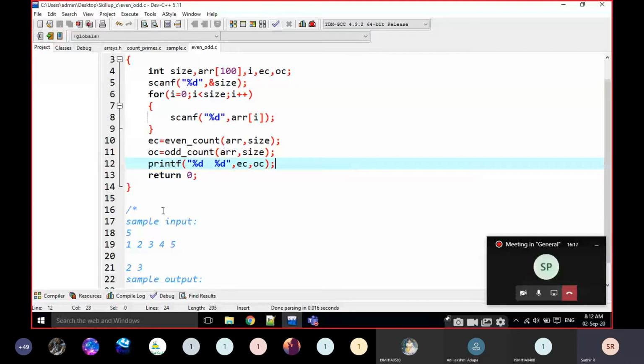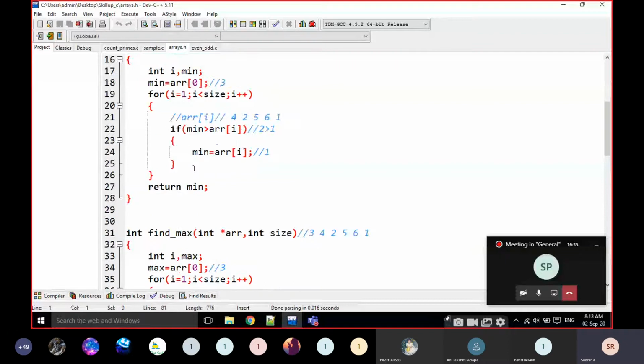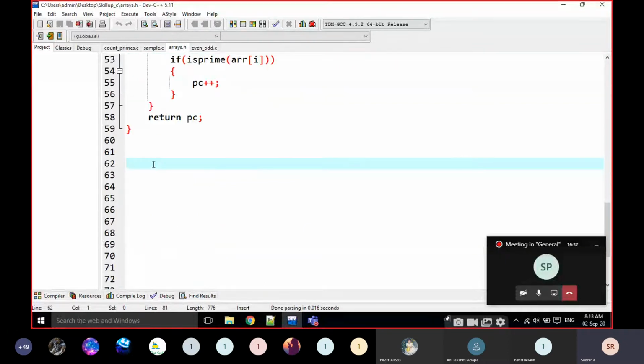Okay, I am going to develop two functions, even count and odd count. Both are different functions. Each function is going to return a single value, that is, what is the even count and what is the odd count. That's it, nothing else. Now here I am going to develop it.